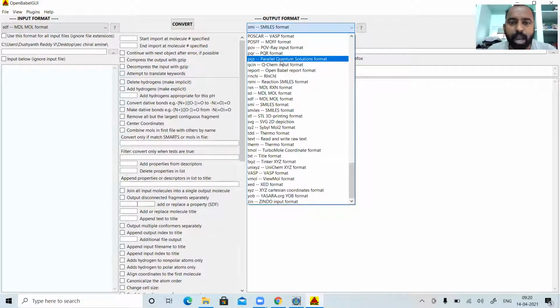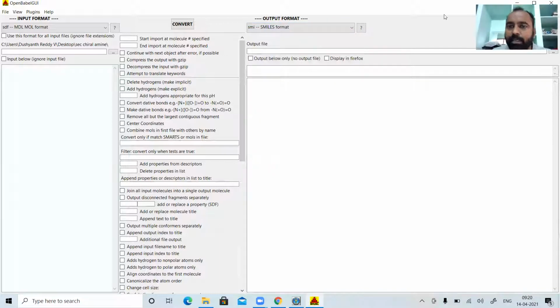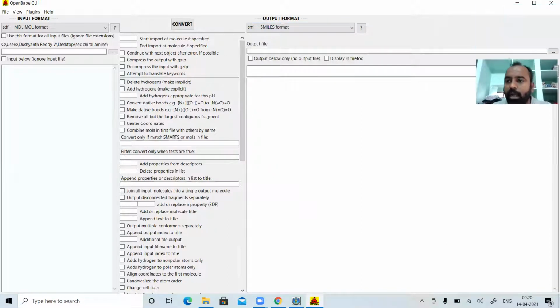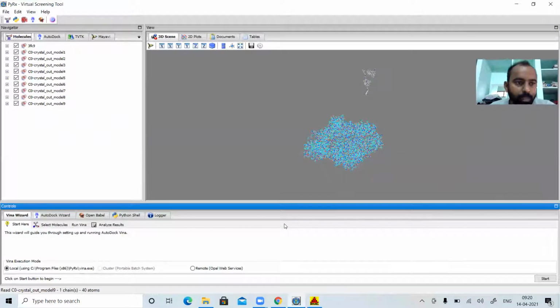Whatever format you require, you can simply convert it. It's a very simple task. You need not bother much. Okay, now here, sorry, this is the co-crystal output model. Let me remove all the others.